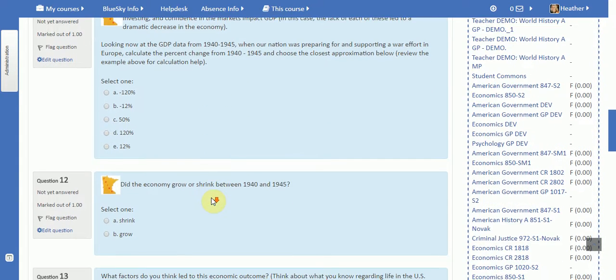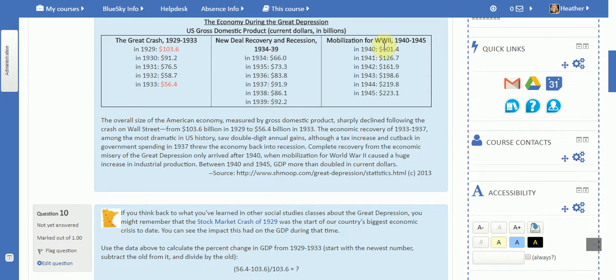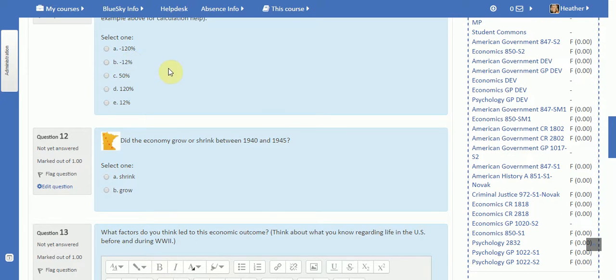And then question 12 said, did the economy grow or shrink between 1940 and 1945? There are a couple easy ways to figure this out. The first one is simply to look at the chart and go, yep, it's bigger, right? It's twice as big. Another way to know that is to look at your percent change from number 11, and is it a negative number, which would show a shrinkage of the economy, or is it a positive number, which